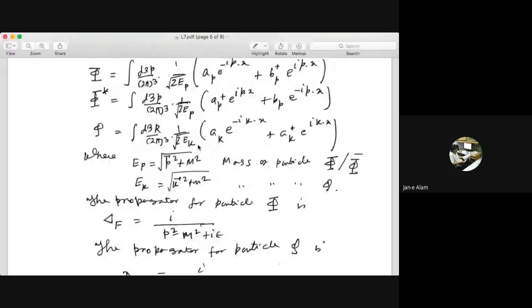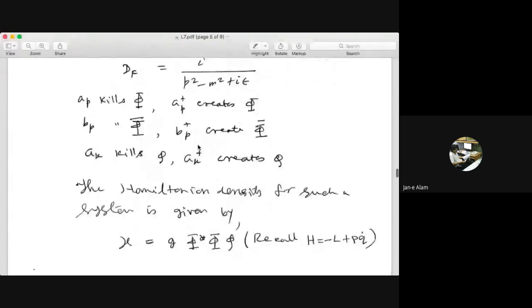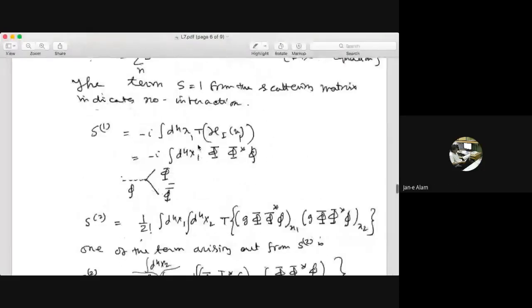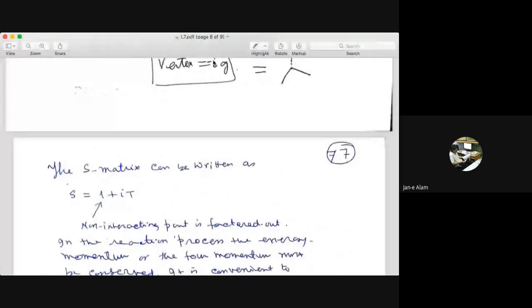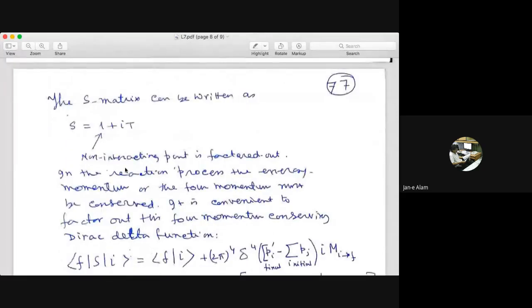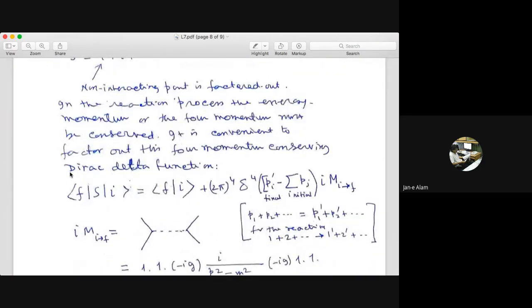Now you are asking about this S matrix. I can always write this S matrix as 1 plus iT, and S dagger S is 1, that is the unitarity of S. From there you can get the famous optical theorem. I am not going into that detail, but you can calculate S dagger, which will be 1 minus iT dagger, and put S S dagger equal to 1. From there you will get the optical theorem, which you have studied in quantum mechanics, and you will get the field theoretic version here.